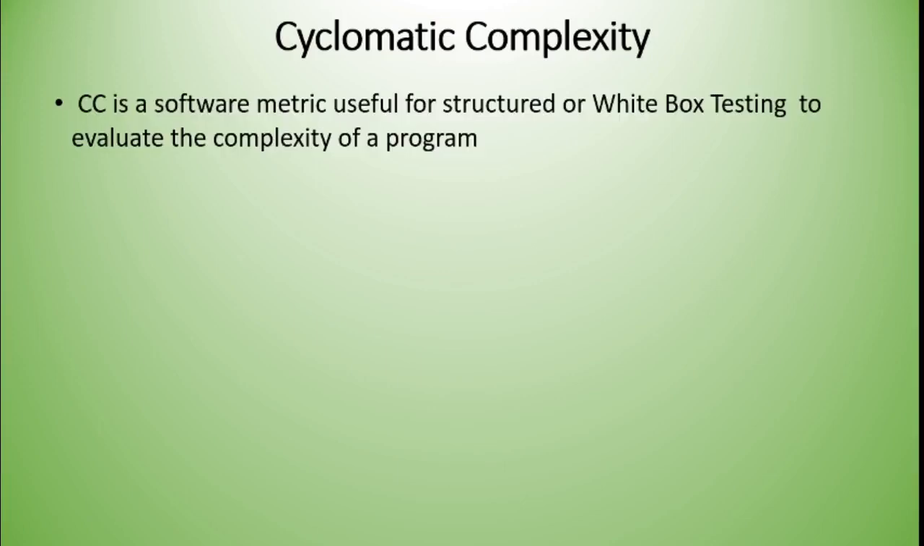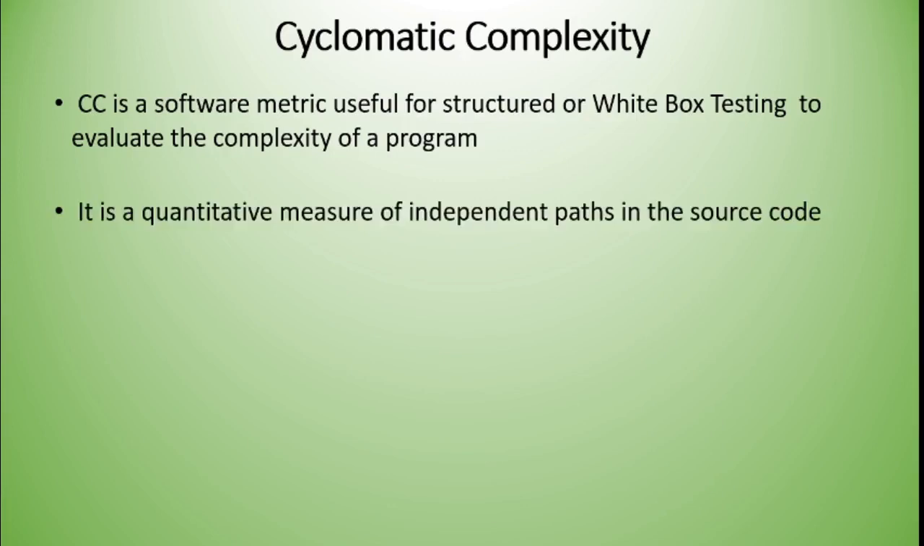We are going to see cyclomatic complexity. What is cyclomatic complexity? It is a software metric used for structured or white box testing to evaluate the complexity of a program. It is a quantitative measure of independent paths in the source code. We can calculate the number of independent paths in the source code so that a software tester can test all